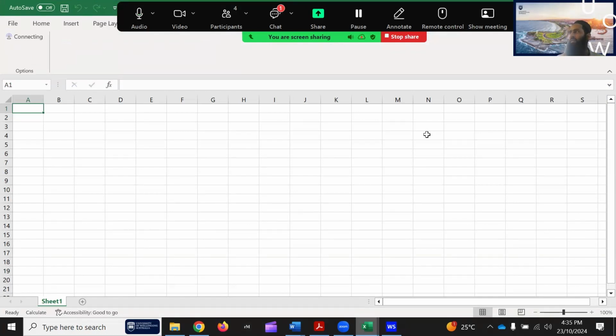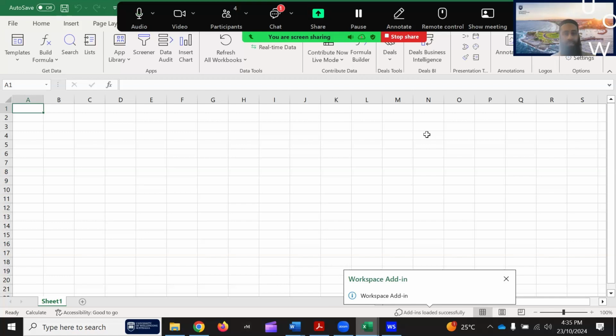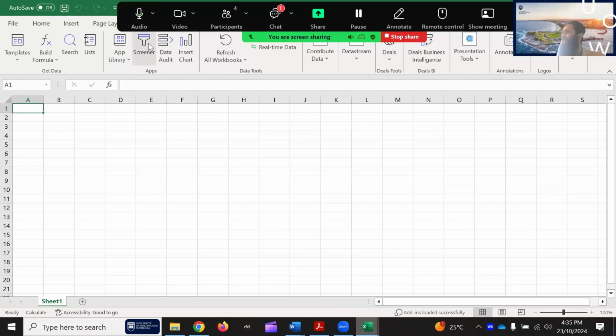So the first example was through the web browser, Screener app. And this one is, hopefully it will connect. Screener is also accessible through Excel. I'll show, yeah. So it has now brought all the features. You see Screener here. If you click on this Screener, it will open a dialog box where you can see the Screener app. You can also work it here. It's up to you. And it has build formula, some templates, list, app library, Screener.